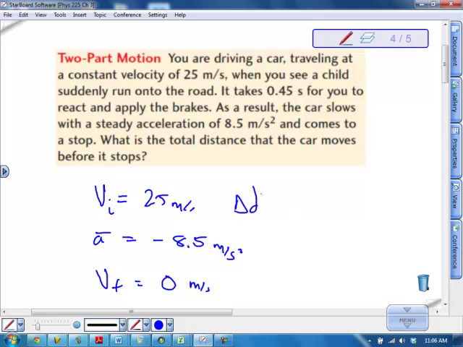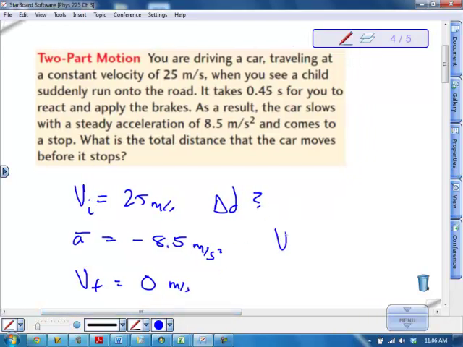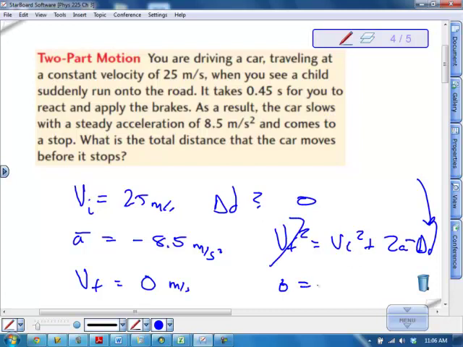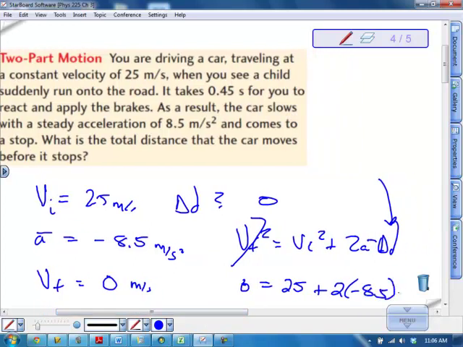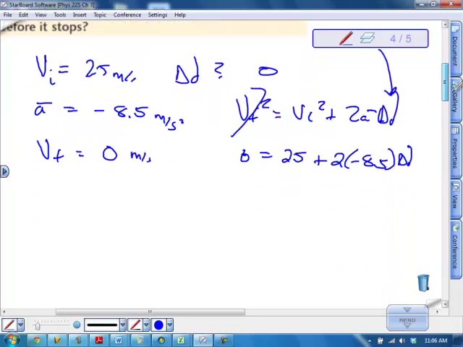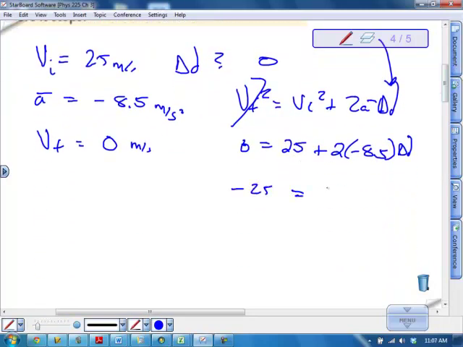What's the total distance? So the question is, what is the change in distance? Well, I can use the same formula. Final velocity squared equals initial velocity squared plus 2 times average acceleration times change in distance. And this time I'm solving for the change in distance. So final velocity is 0. Initial velocity is 25. Average acceleration is negative 8.5 times the change in distance, in which case I'll subtract 25 squared from both sides. 2 times 8.5 should give me negative 17. Divide both sides by negative 17, and I get the change in distance is approximately equal to 1.5